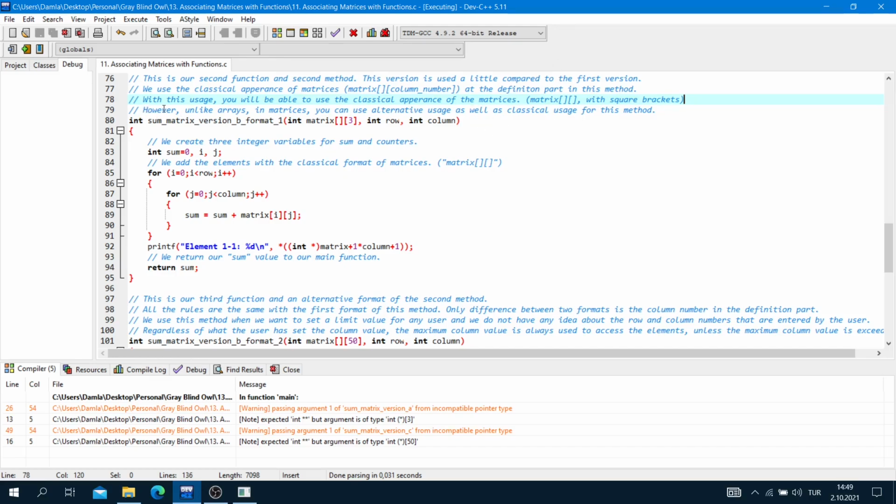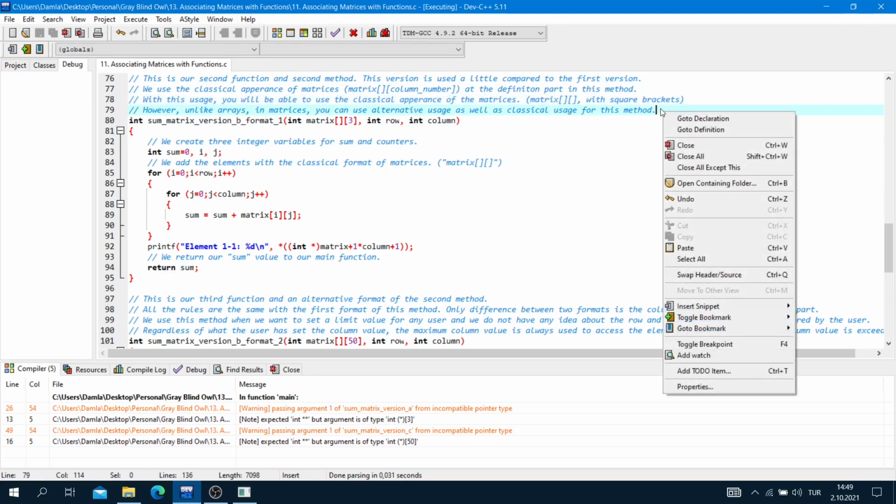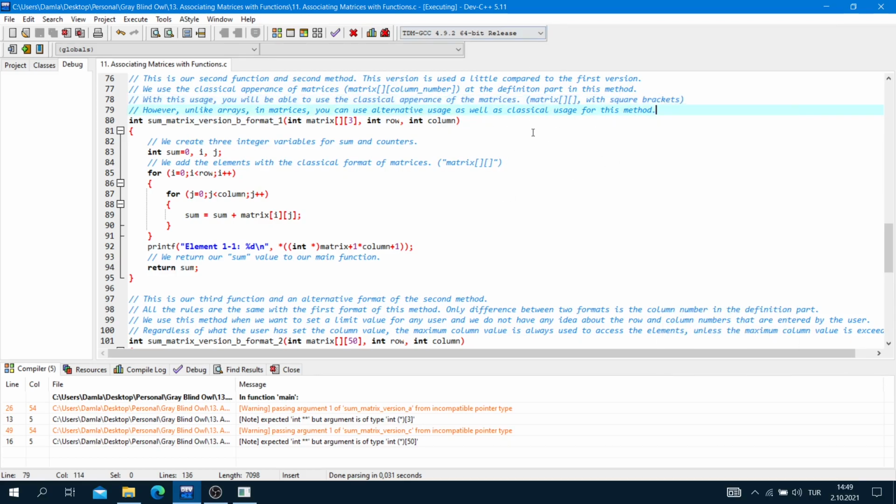However, unlike arrays, in matrices you can use alternative usage as well as classical usage for this method, okay? We can also use the alternative usage, but generally we do not prefer this usage when we use this method. So we will use matrix with the square brackets, okay?